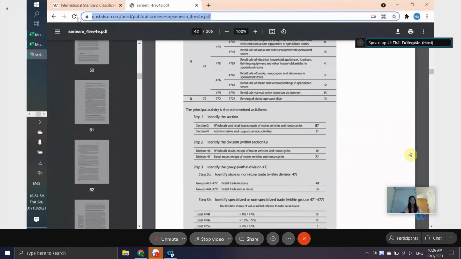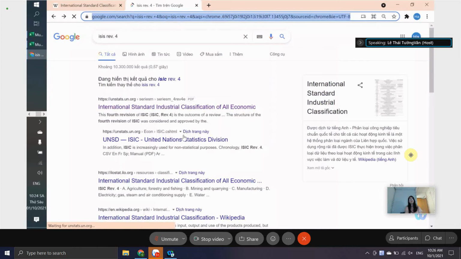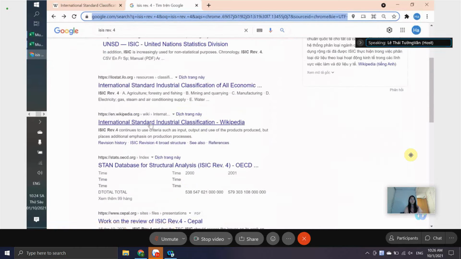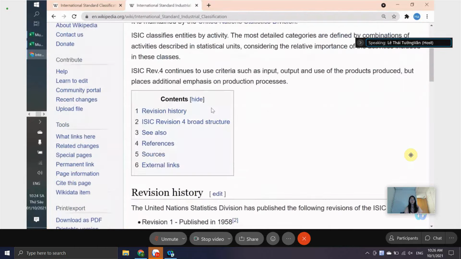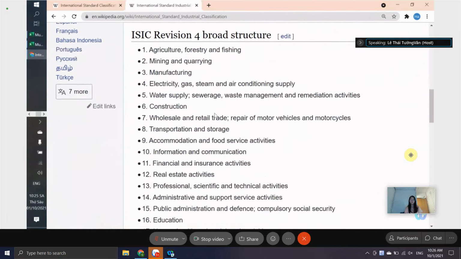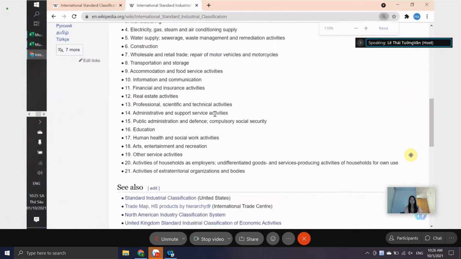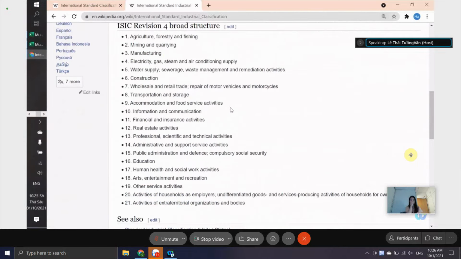Maybe the best way is to go to Wikipedia, it's easier. Here, you would have 21 industries. You have agricultural, forestry and fishing, mining and quarrying, manufacturing, electricity, construction, public administration, education, human health and social work, and so on. So the industries